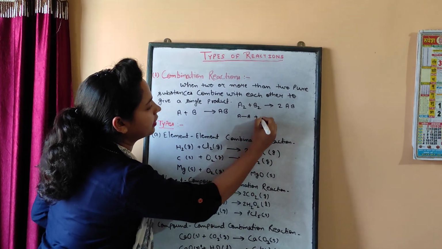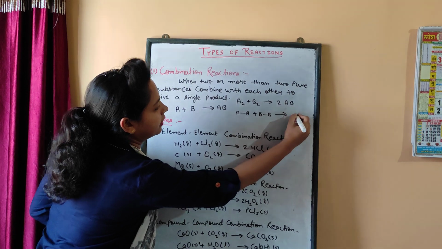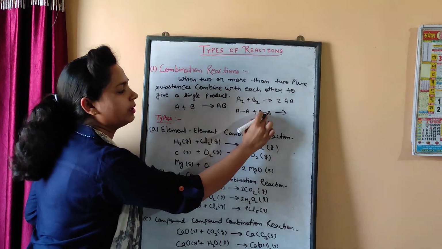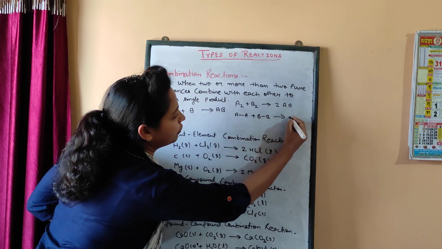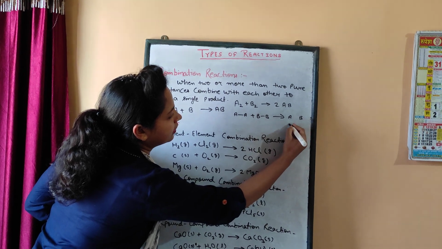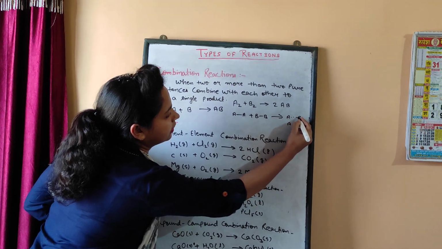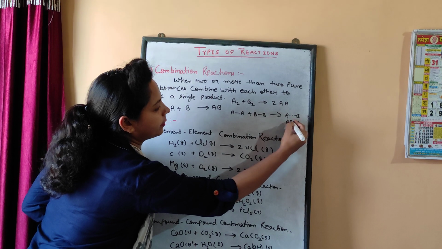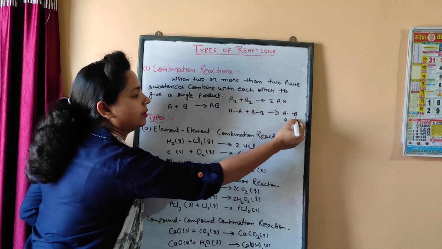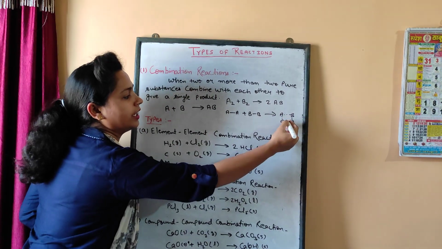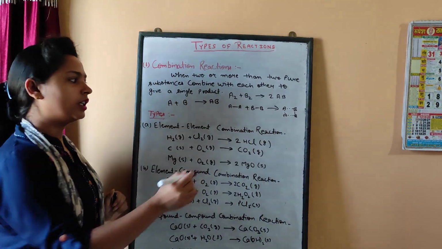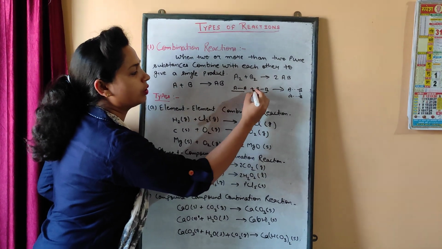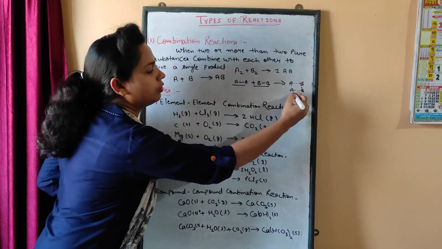This AA bond or BB bond breaks to form the AB bonds. So this AA and BB bond breaks to give rise to this AB bond. So reaction is the breaking of the old bond and the formation of the new bond,